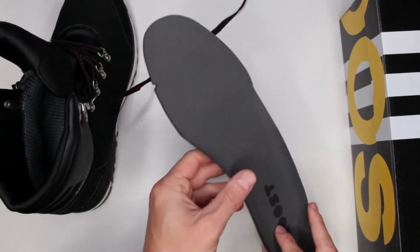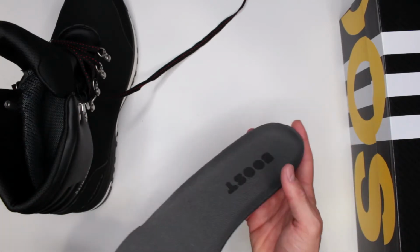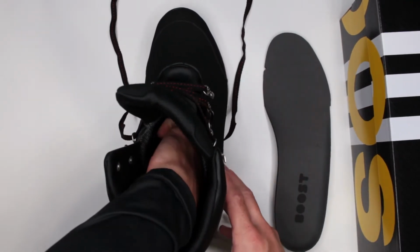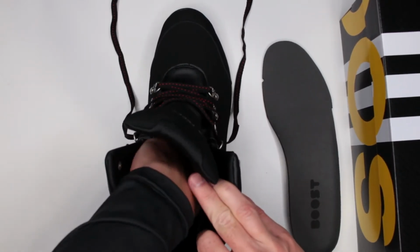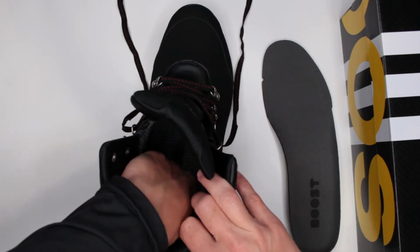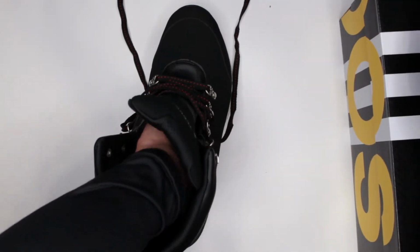And as you can see, the inner sole is really nothing special, just a very basic flat inner sole. There isn't really much of an arch going on, although you do have the bed for the heel, which is good, gives you some extra stability. Also, whenever you take out the inner sole, you do have a very nice, very comfortable layer of just a soft material. It's not really anything that takes on an impact per se, but whenever you put the inner sole back in combination with the softness,